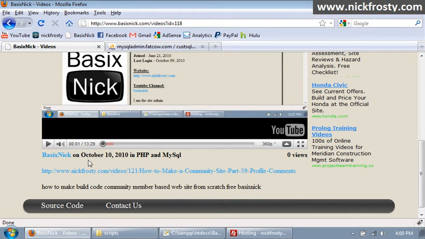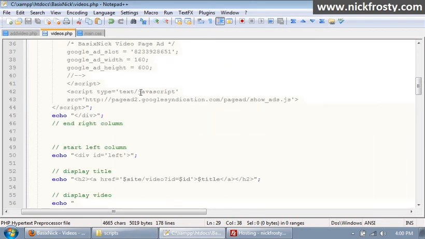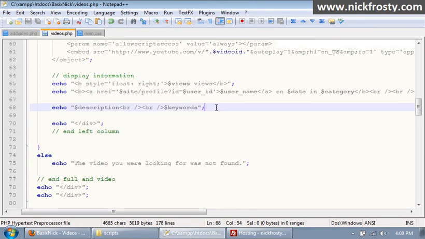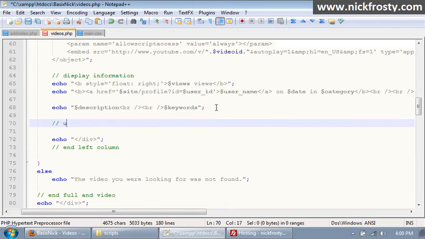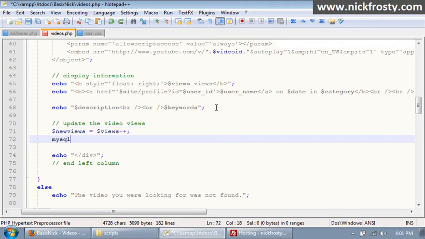After this, there's really only a few things that we need. After we display our information, we are going to update the video views. So we're going to create a variable called new views, and it's going to be equal to views plus plus, so views plus 1, and then we're going to say MySQL underscore query,